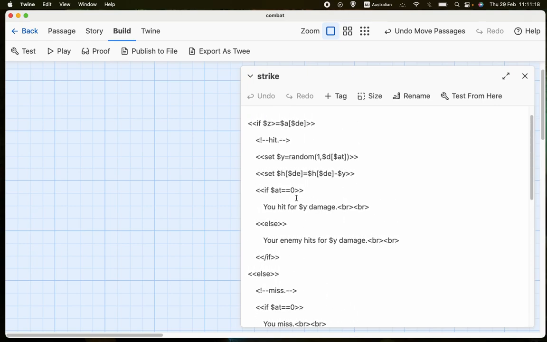If there's a hit, then it's slightly more complicated. Sorry, I missed the wrong one. We use another temporary variable, $y. We set y equal to a random number between 1 and $D[$AT]. $D is maximum damage, so it's between 1 and whatever the maximum damage the attacking character does. Now note that we're assuming there that every damage range is going to be between 1